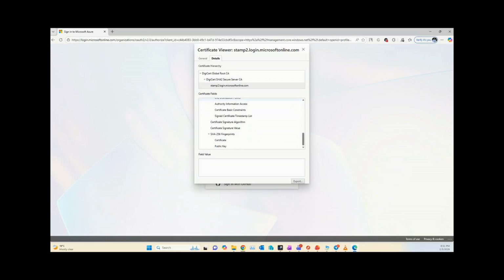Now, let's talk about integrity, and this is where hashing comes in. See this certificate again. Behind the scenes, it uses cryptographic hashes and digital signatures. When your browser receives a certificate, it verifies the hash. If even one bit of the certificate is changed, the hash won't match, and your browser will warn you. That's how your system knows the data was not tampered with.